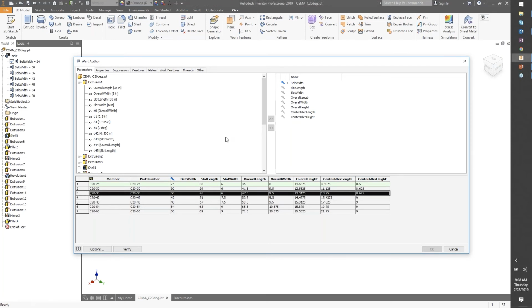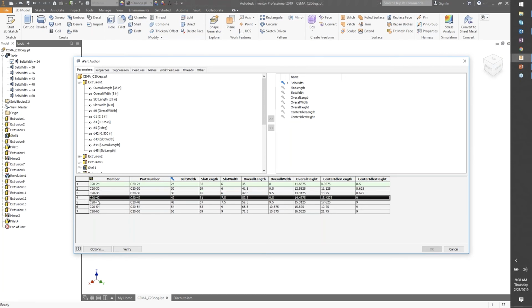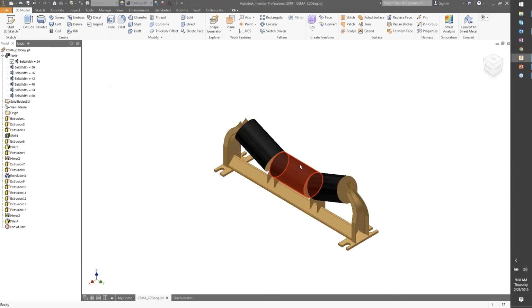I have an interface that I can use to add and remove different properties and parameters, and based upon that iteration or that row, I can then specify different values. As I activate those members, those values will be put into place, and it's going to change my configuration. So going back over to the spreadsheet here,